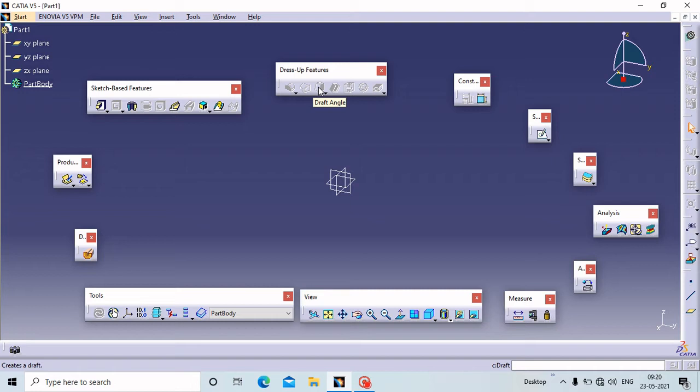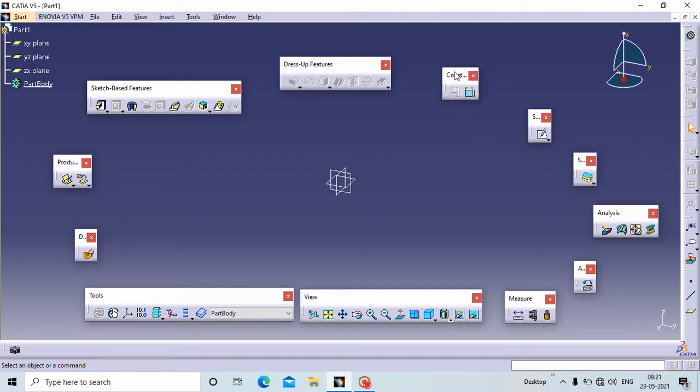Most of the time draft is used for tooling purposes. Then next is the Shell command. The next is Thickness command, Thread/Tap, then Remove Faces, where unwanted faces can be removed. So this is all about the Dress-Up Features toolbar.